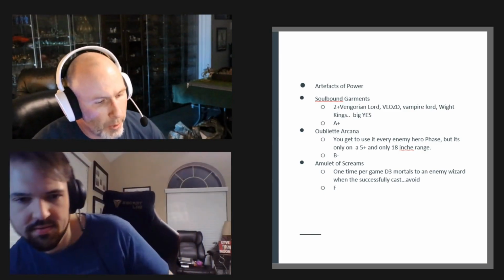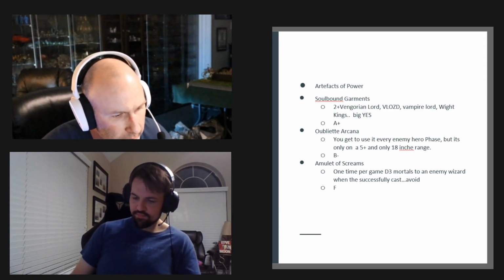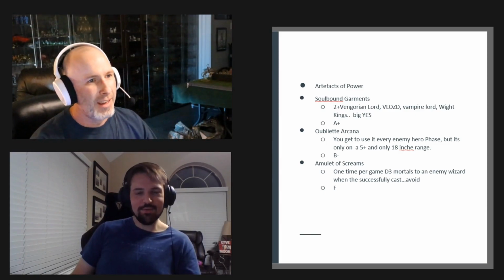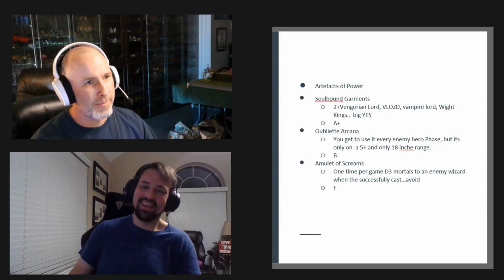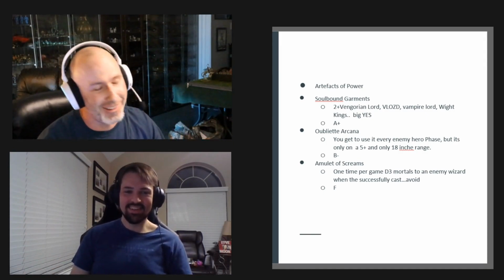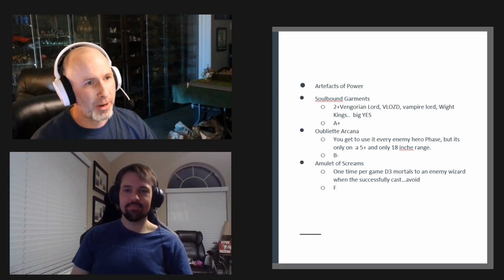Moving on to Soulbound Garments. Add 1 to save rolls for attacks that target the bearer. Yay! You don't have to roll dice. It's not once per game. It's not, hey, roll a dice every... 2 plus Vengorian Lords, Vampire Lord on Zombie Dragon, Vampire Lords, White